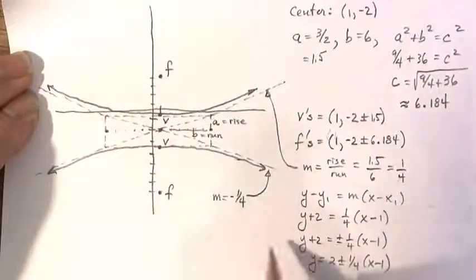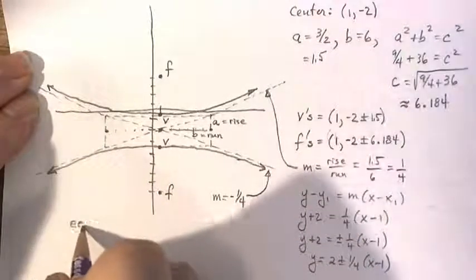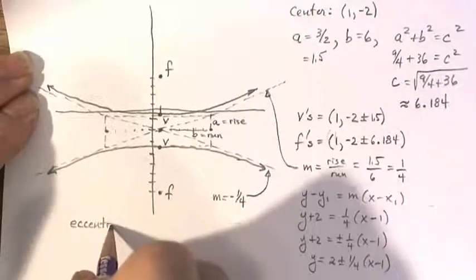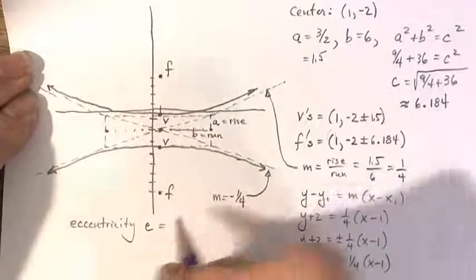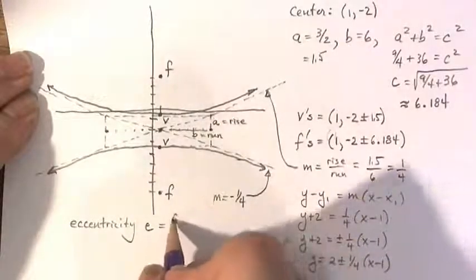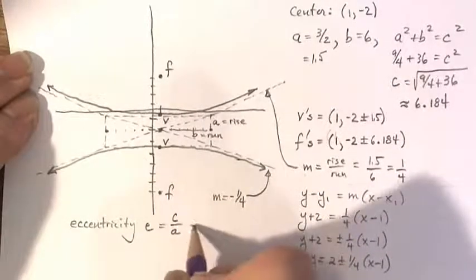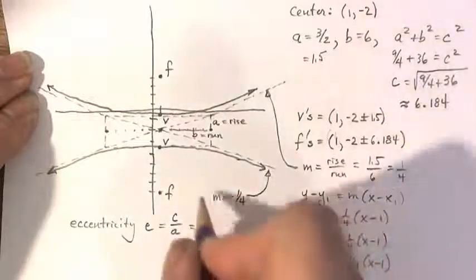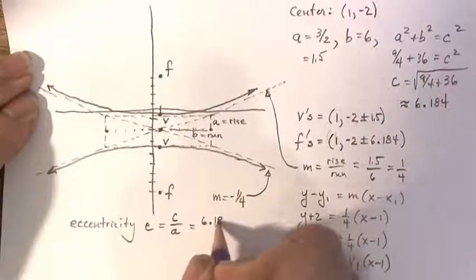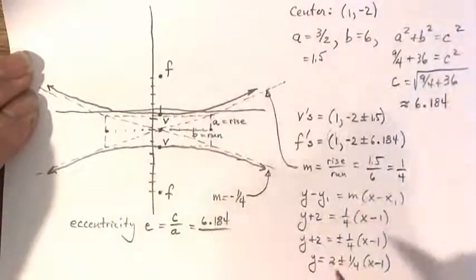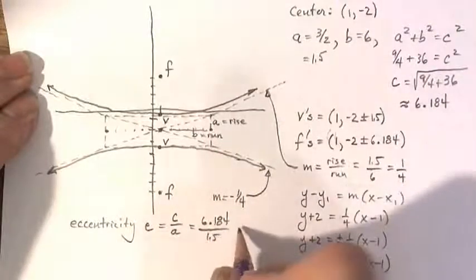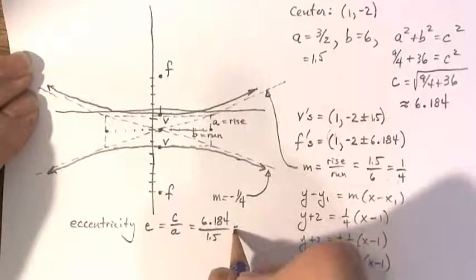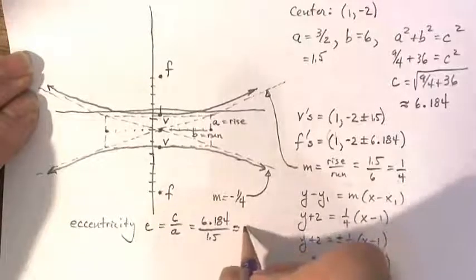The only other thing I can think of is eccentricity, which is given by the letter e. Same as for an ellipse, it's c divided by a. So our c was 6.184 divided by 1.5, and I believe I've already got this one worked out as well. Approximately